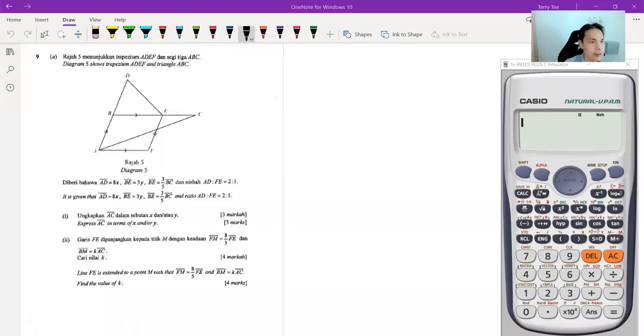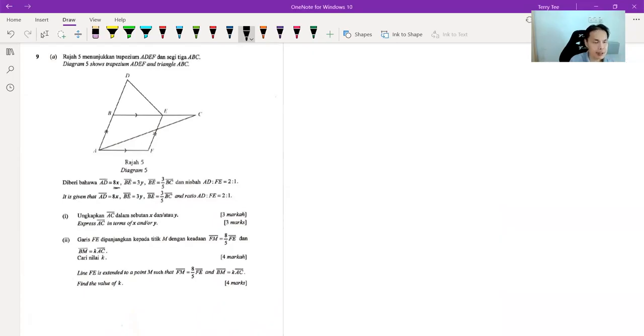Okay, let's continue, question number 9. Here we have a diagram that shows trapezium ADEF and triangle ABC. It is given that AD equals 8x. For me, once you are given the diagram, just label everything in it. It's easier for us to read directly from here. If your AD is 8x, and BE is 3y, I think we can write BE first. This is 3y. And BE is 3/5 of BC, meaning the ratio is